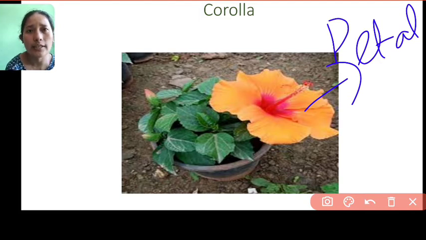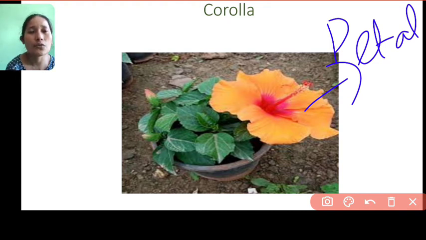What are the pollinating agents? Like I told you while introducing the class, some of the flowers either have a male reproductive part or a female reproductive part. So for fertilization to take place, the male gamete, that is the pollen grain, has to be transferred to the female reproductive part. So that is done with the help of either birds, insects, wind or water.